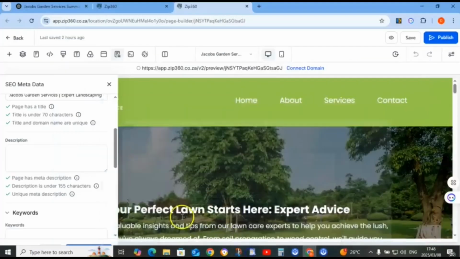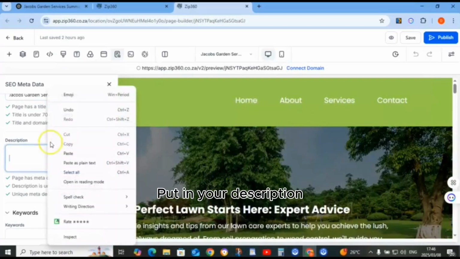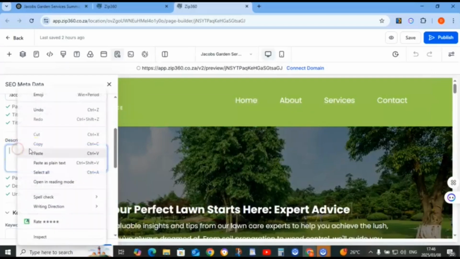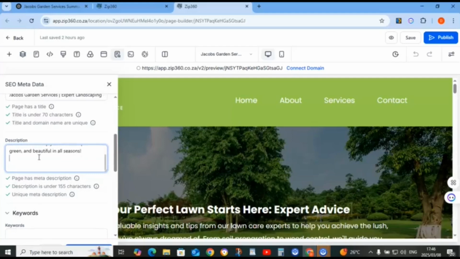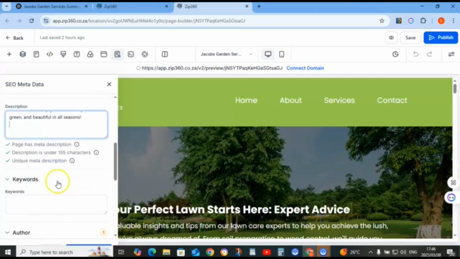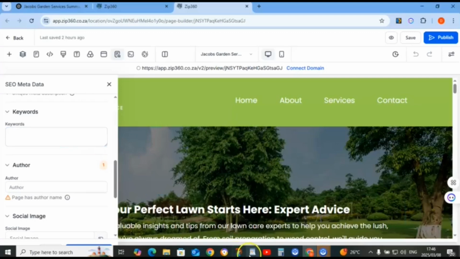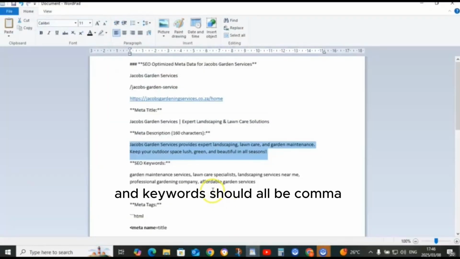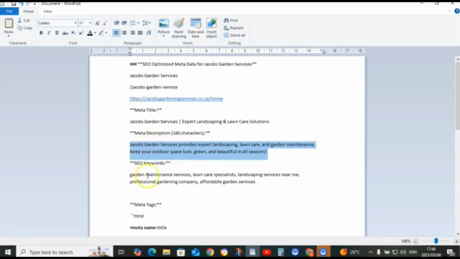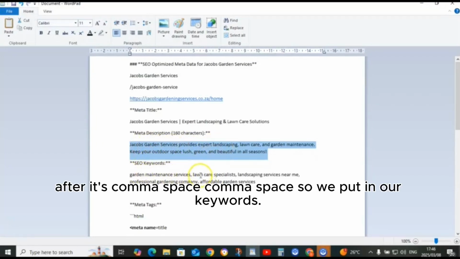Copy. Put in our description. Beautiful. Keywords. And the keywords should all be comma, after each comma space. So we put in our keywords.